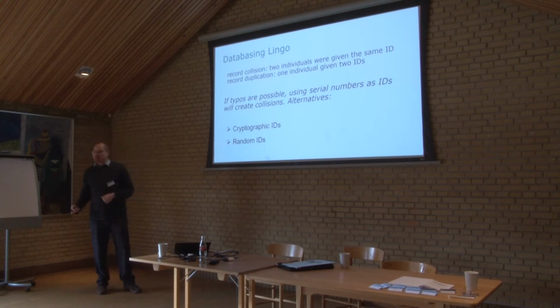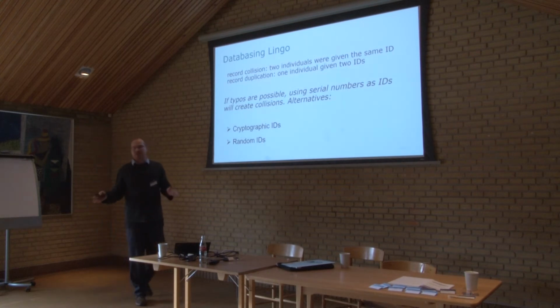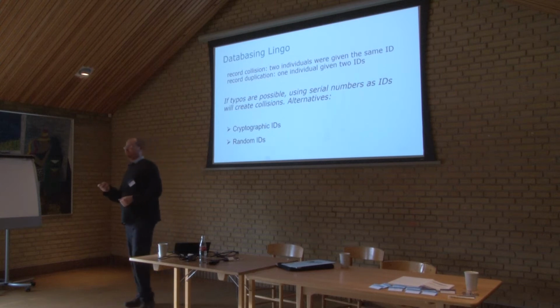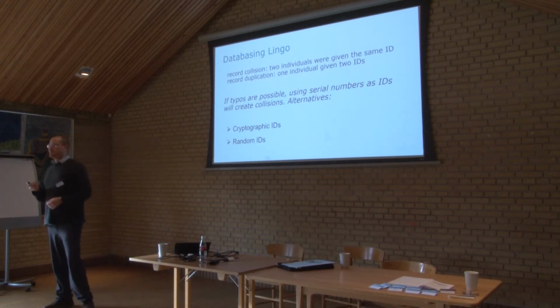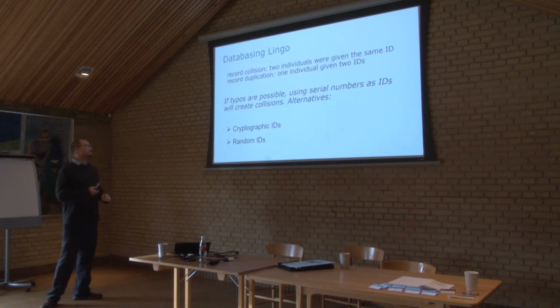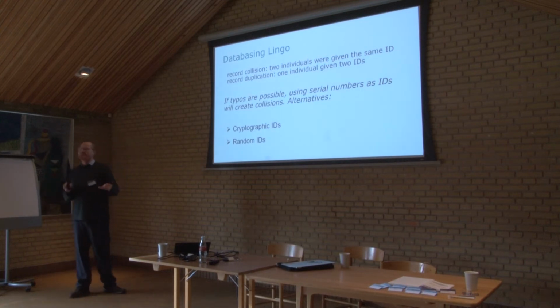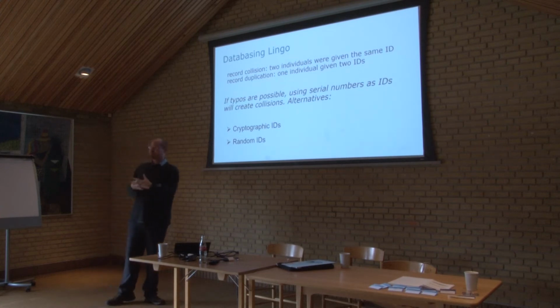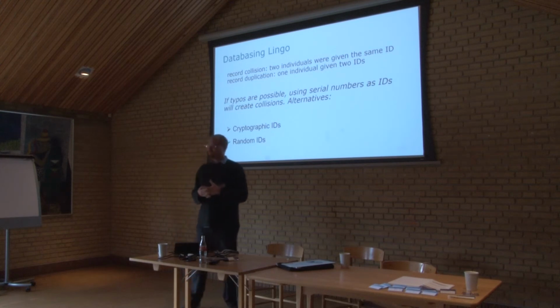There's also record duplication, where individuals are accidentally given more than one ID. So they appear under different records, and when you query one particular record, you aren't getting a complete set of information about that individual because they actually live under another record in the database somewhere else. And they weren't queried completely in that situation. That's not as bad as a collision. A collision is a catastrophe in most circumstances because you're hybridizing individuals or observations, and you're creating this chimeric data point, which going into your analysis is totally GIGO, right?